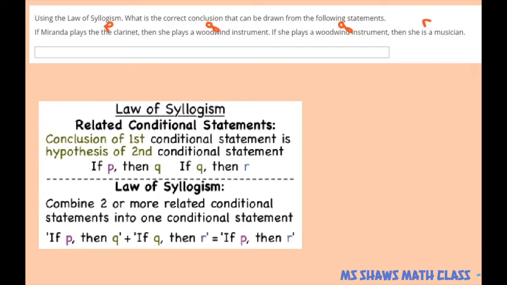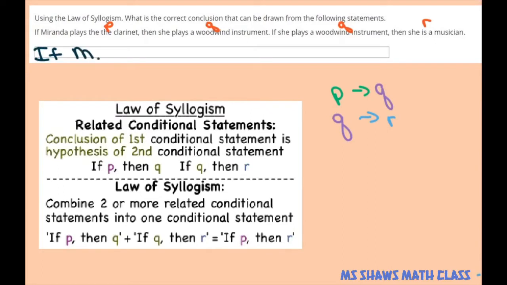So this is like if P, then Q, and then we have Q, then R. So the conclusion of the first conditional statement is the hypothesis of the second. So this is the law of syllogism, and the way we would write this is